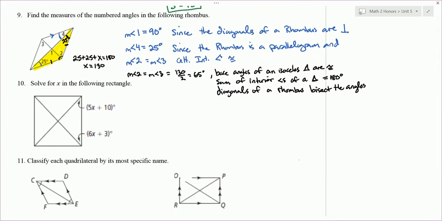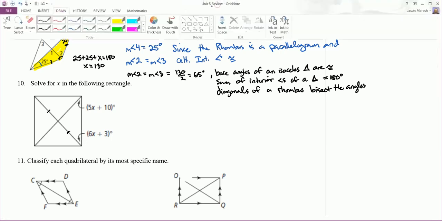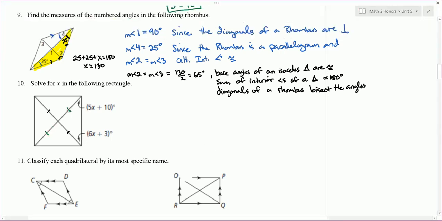Number 10, solve for x in the following rectangle. So in a rectangle, well, in any parallelogram, the rectangle is a parallelogram, and we know the diagonals bisect each other. So those two lengths are the same. But we also have in a rectangle that the diagonals are congruent to each other. So actually we get all four halves equal to each other. So that makes the triangle I'm outlining isosceles, and so the base angles are congruent. So we can set 6x plus 3 equal to 5x plus 10,